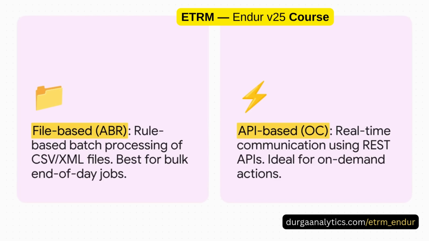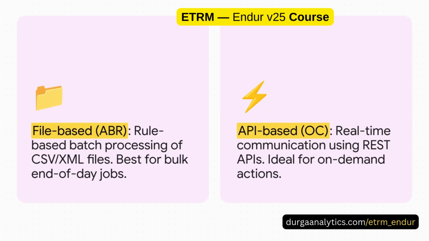Broadly speaking, there are two main ways these systems talk. You've got the traditional, file-based method, often called ABR. Think of this like the nightly mail delivery. It's great for big, scheduled jobs like processing thousands of settlements at the end of the day. Then you have the modern API-driven approach, using a tool called Open Components. This is like sending an instant message. It allows for real-time communication, which is perfect for things that need to happen right now, like booking a trade